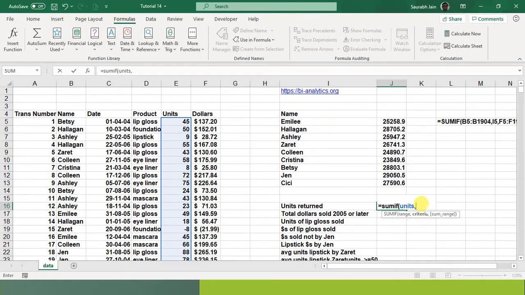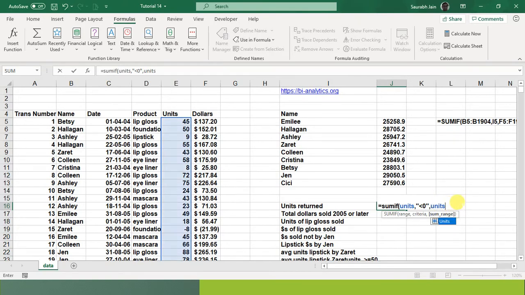So now in inverted commas, I write less than 0. Now inverted commas close. So this is my criteria, comma. I want to sum units only, UNITS. Look, if I make a spelling mistake, it does not change the color.